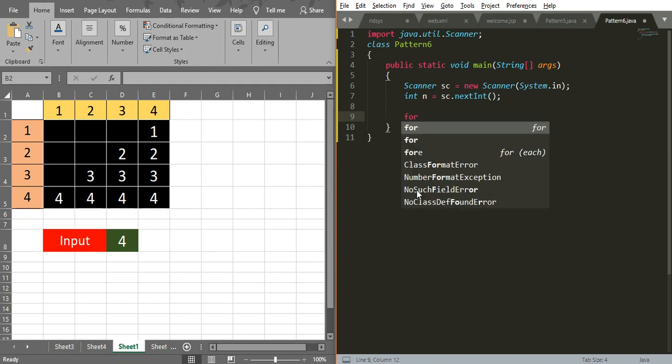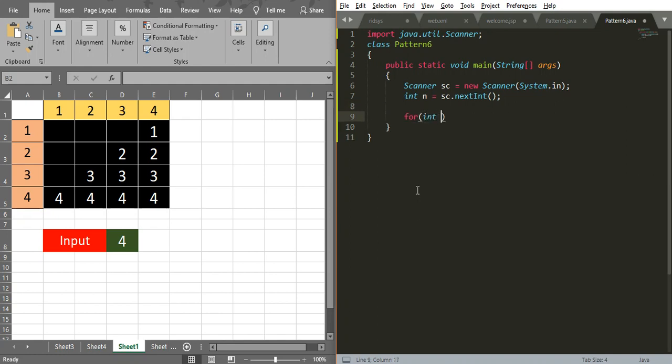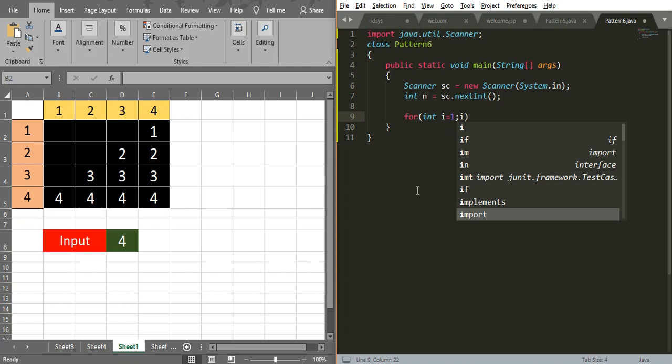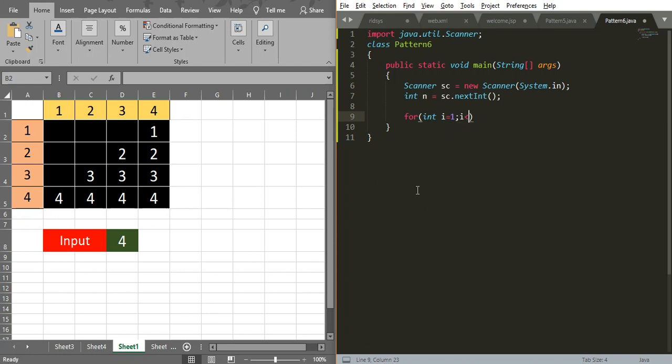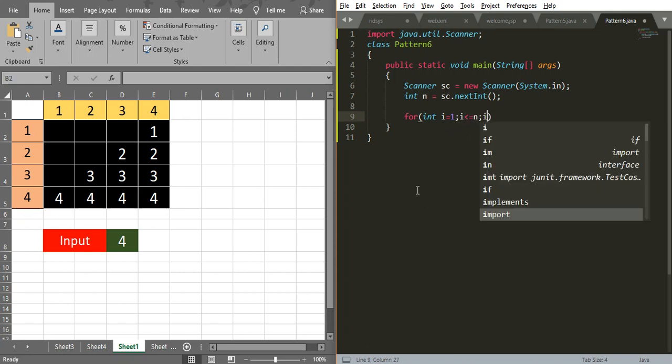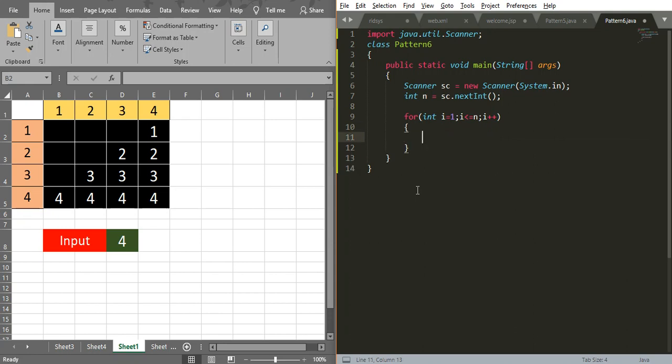So here I am writing a for loop for int i equal to 1, i less than or equal to n, i plus plus. Okay, so this particular for loop is going to generate a number of rows, right?